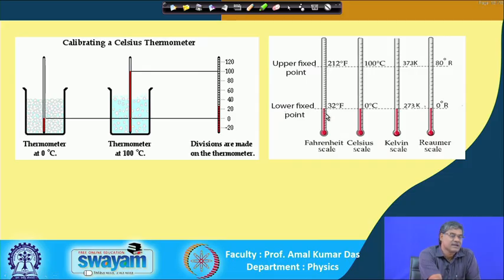You can use any other liquid also, but mercury is very sensitive to temperature. In which way is it sensitive? This is the material we use for making a thermometer because mercury is very sensitive